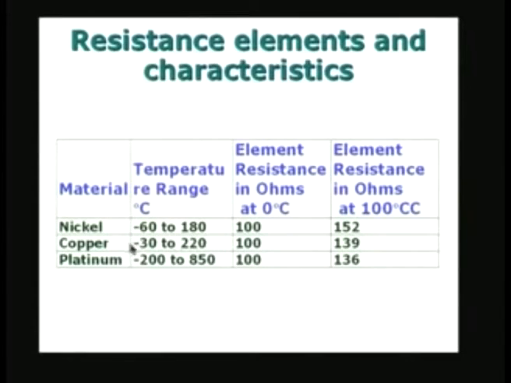0 and 100 degrees. Copper is useful between -30 and 220, it is 100 and 139. Of course, this is less sensitive than nickel, because the variation of nickel is more than in the case of copper. And in the case of platinum, it is useful from minus 200 to plus 850 degrees Celsius, and the variation of the resistance is 100 to 136, about 36% variation between 0 degrees and 100 degrees. So, this is the ice point, and this is the steam point. So, I am talking about the ice point and the steam point, and the variation of the resistance is something